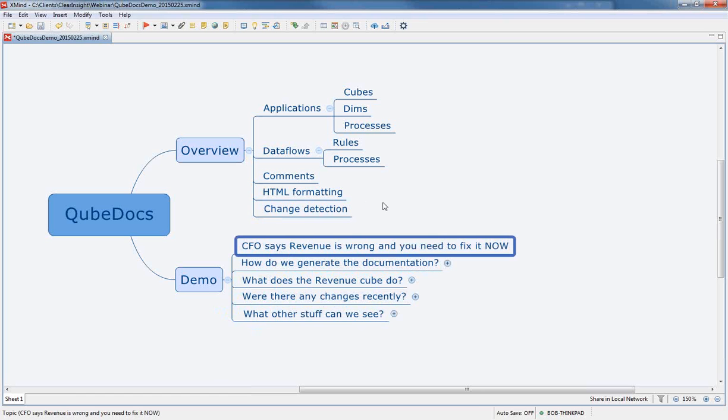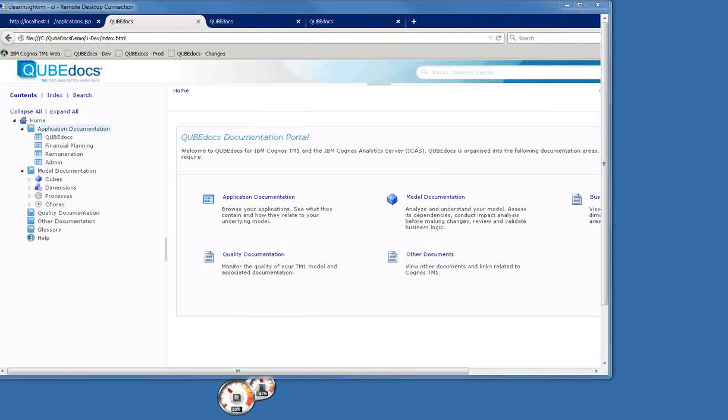So as we're going through the demo here, keep in mind, imagine this is your first day on the job. You're trying to fix something that's got to get fixed right now. It's a stressful situation, and you're learning as you go, learning on your feet. So